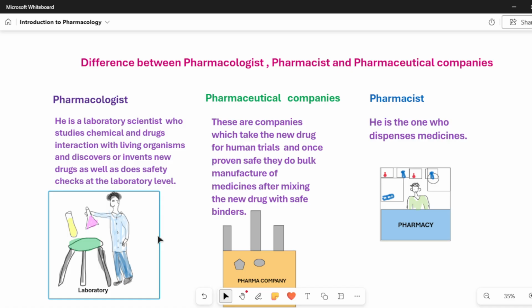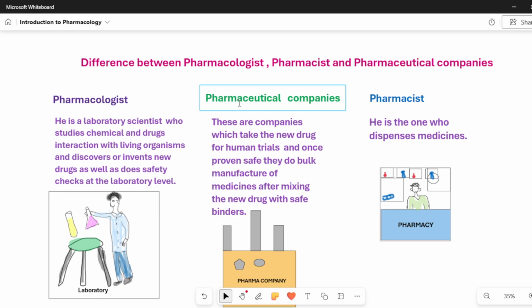Safety check at the laboratory level is nothing but safety checks on animals like guinea pigs, rats. They experiment those drugs on those animals and confirm whether the drug is safe or not. So, the pharmacologist is that person.